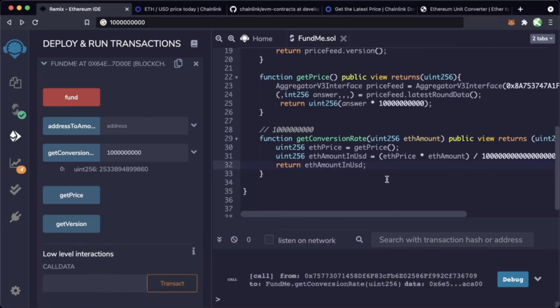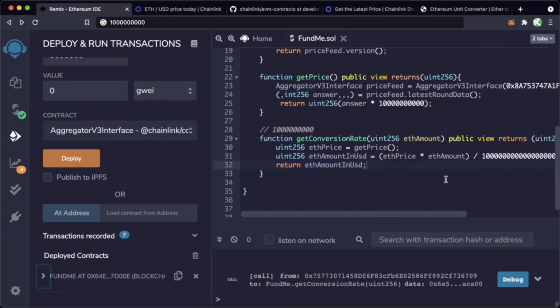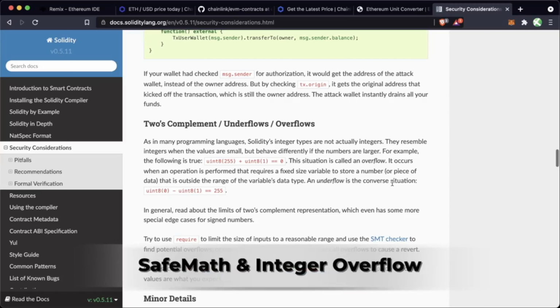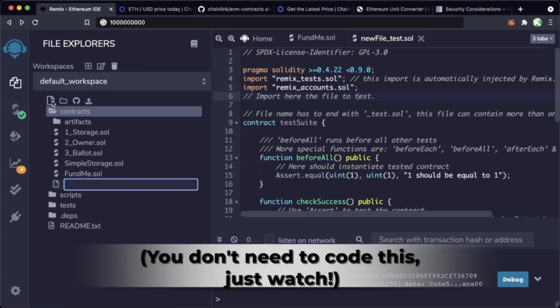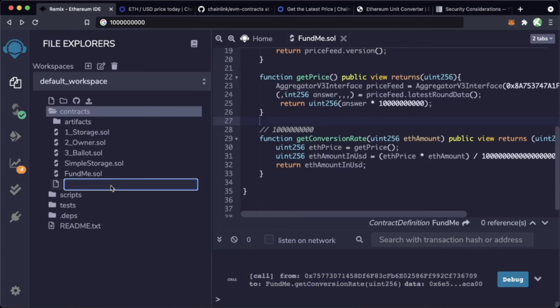Awesome. Now, since we're on the topic of math, I do want to talk briefly about some of the pitfalls of Solidity, especially when it comes to math. Prior to Solidity 0.8, if you added to the maximum size a uint number could be, it would actually wrap around to the lowest number that it would be. And in fact, you can even demo this with a contract here. Now, you don't have to follow along with this contract, but just watch to see the example. We're going to call this